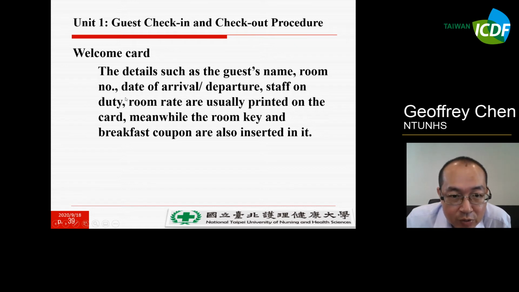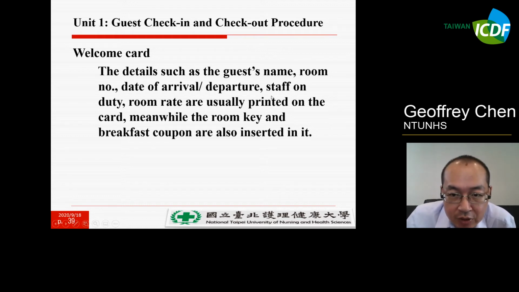Just make sure to remind them of the date of arrival or departure. If they want to change them, you had better make a phone call to ask for the change.